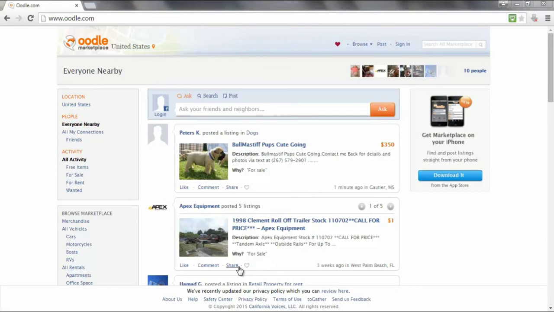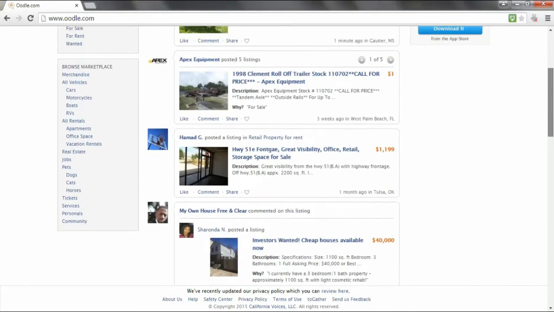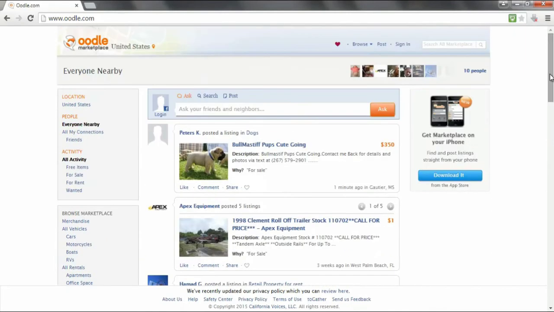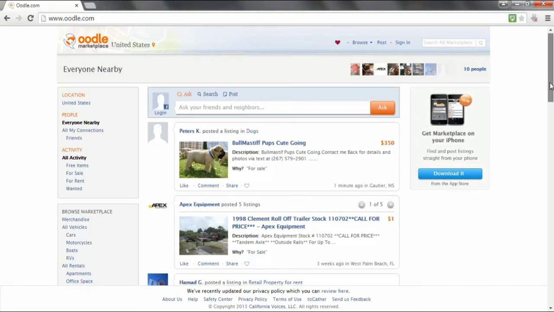Now this is Udo Online Marketplace. So it's a marketplace where people will sell cars, motorcycles, boats, they'll rent out apartments, office space, they'll advertise jobs, or even sell pets. So it's a very varied marketplace. Now, more often than not, most people use Udo just to sell old things or unwanted pets, or puppies, whatever, that type of thing. But that's the reason why most marketers don't even know about it or don't use it at all. But it does have its uses for marketers, and I'm going to explain why now.